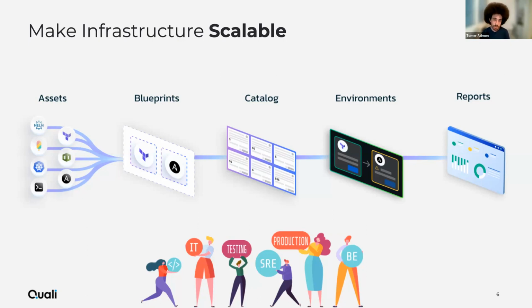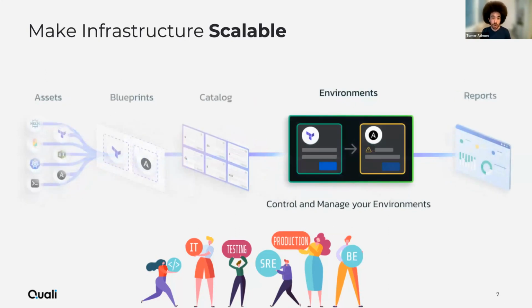And lastly, in a scalable operation, you need a way to really figure out what's going on. So reporting is key. You want to get good observations, good recommendations, good understanding of how many things are running and their purpose. Now, in this webinar, we're going to really focus on controlling and managing your environment with CloudFormation, with other IaC technologies. And if some of this sounds familiar to you, that's really, really good. And I think that with that, we can move on to the demo and really show you a little bit about the product.